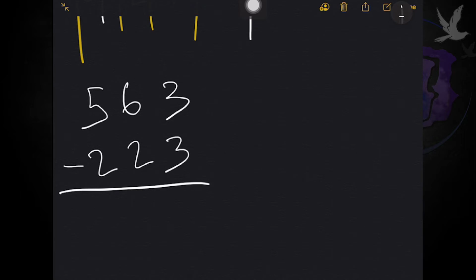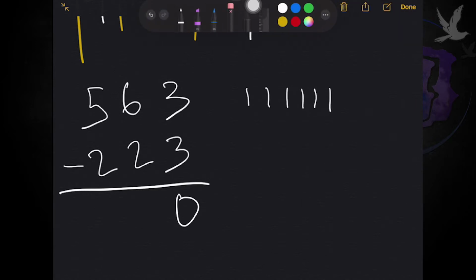You have 3, take away 3. If you have 3 on your fingers, remove 3, you have none. If you have none, you write 0. 6, take away 2. You have 6 there and take away 2. What do you have? You have 1, 2, 3, 4, 5, 6. Para mas klaro lang ha yung illustration, I'm gonna take 2, 1, 2. What's left